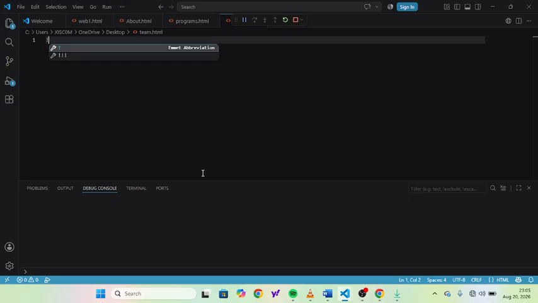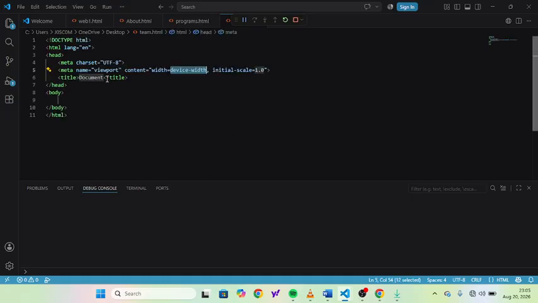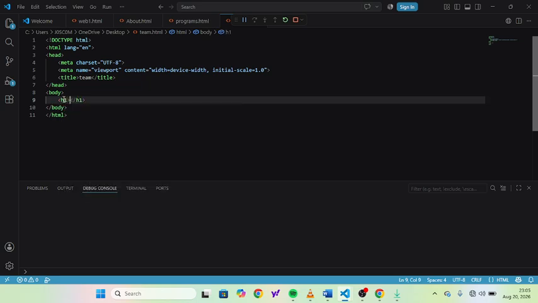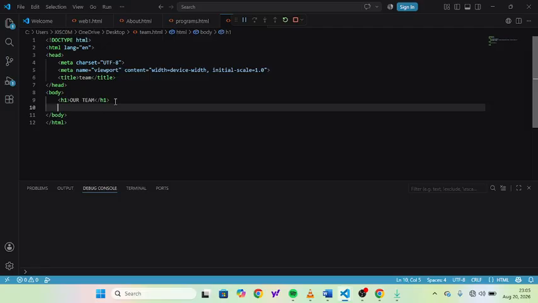Exclamation mark plus tab key, it gives us this information. So this is team, and H1 will be talking about our team. Then I can add a paragraph there and say